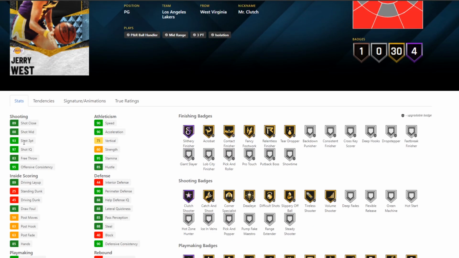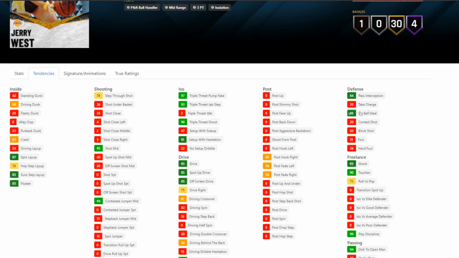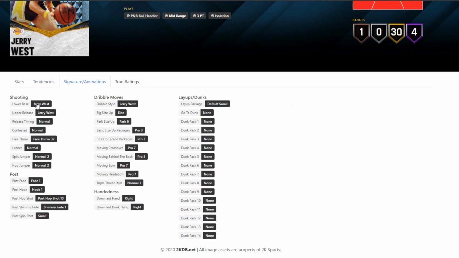He's a 93 shot 3, and an 88 shot mid. He's super quick with 90 speed and everything. Awesome defense, awesome playmaking. The tendencies, 86 on ball steal, absolutely gorgeous. Has a good jump shot, but it is quick, but you won't have the highest green window, so it's kind of like a base 98 or Wade base this year. You're going to be able to get it off quick, but you may not be greening as consistently with it,